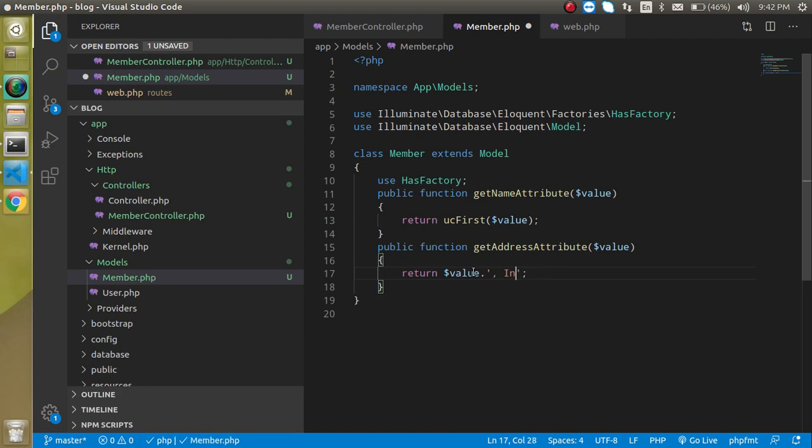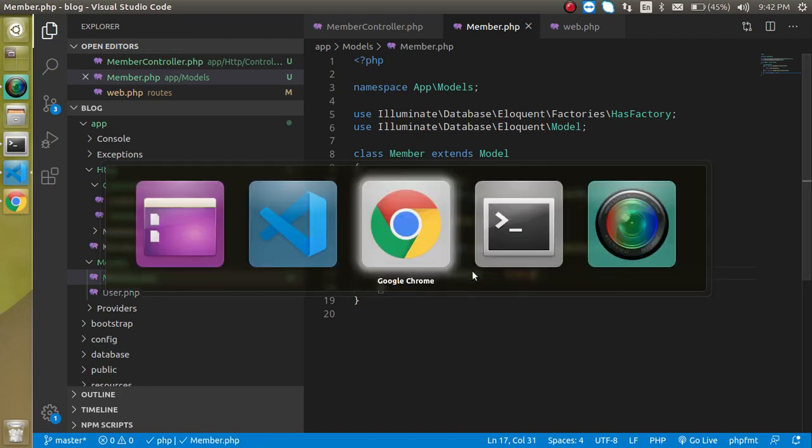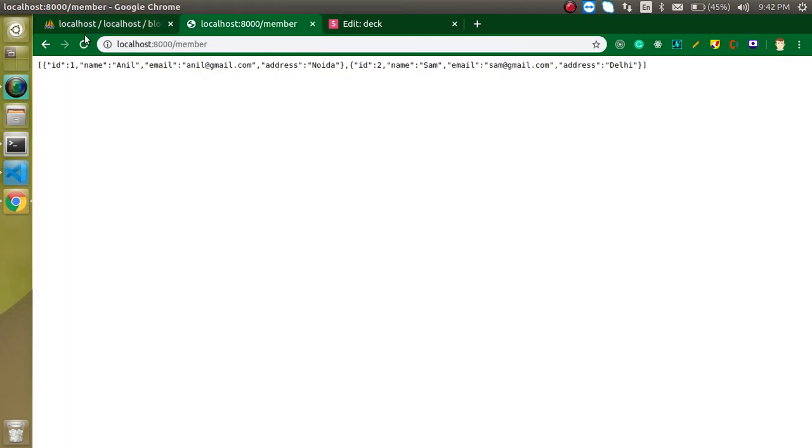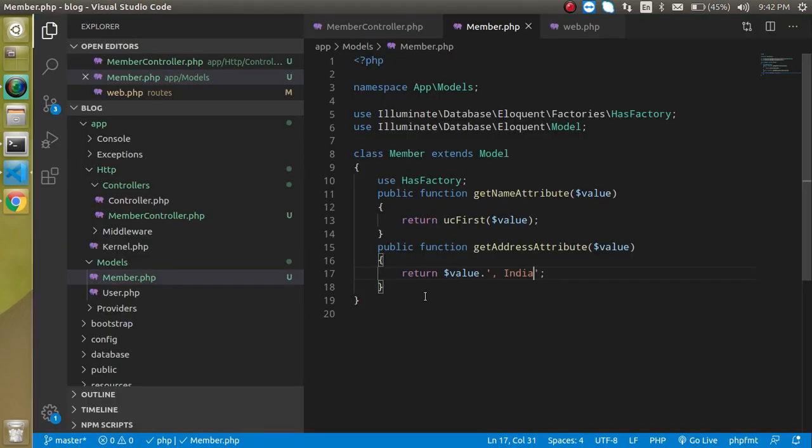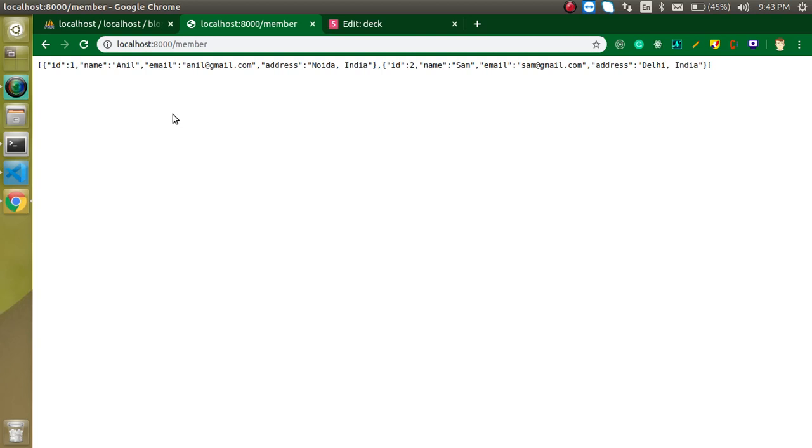Right? So now let's see what we got. Now you can see that the address has Noida, India in both rows, right? So when we define the accessor, it will actually change in all rows. If you have 100 or 1000 rows, then it will modify this record for all of the rows, right?